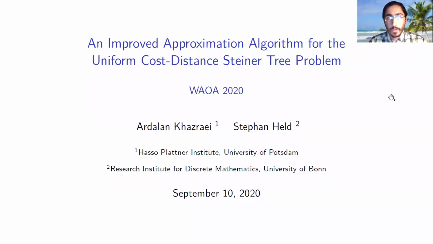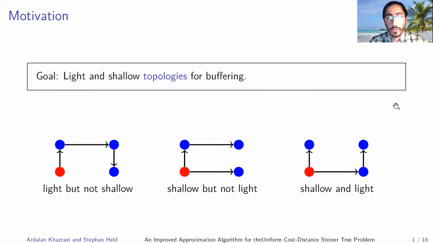Hello everyone, and welcome to our presentation, where we introduce an improved approximation algorithm for the uniform cost-distance Steiner tree problem. But before getting to the precise definition, let's first go over the motivation for studying this problem. It appears mainly in routing, particularly on integrated circuits, where we are trying to minimize the total amount of wire